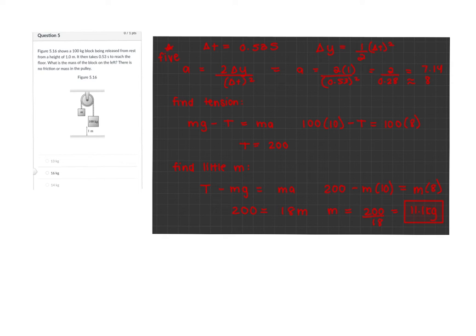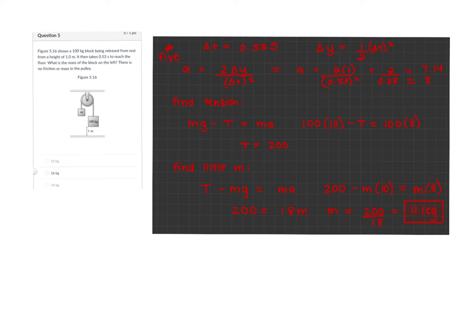And we go ahead and plug in these numbers, but we first want to find out this acceleration. So using the values that we already have, we can go ahead and find that. We have that 2 is that constant, and 1 is the change in y, since it literally tells right there that it's 1 millimeter over 0.53 squared. So we have 2 over 0.28, which gives us 7.14. But for this problem, we're just going to go ahead and round that all the way up,